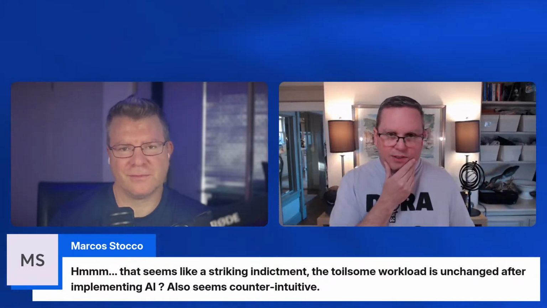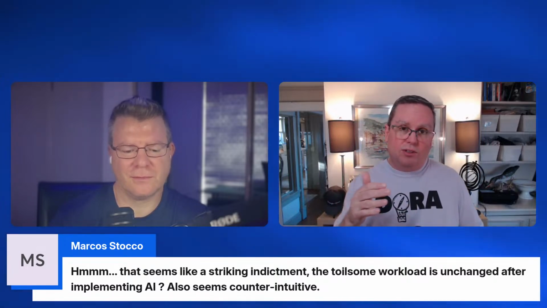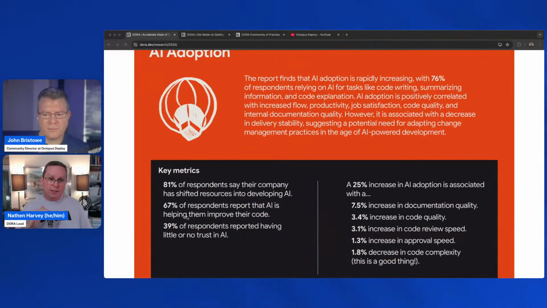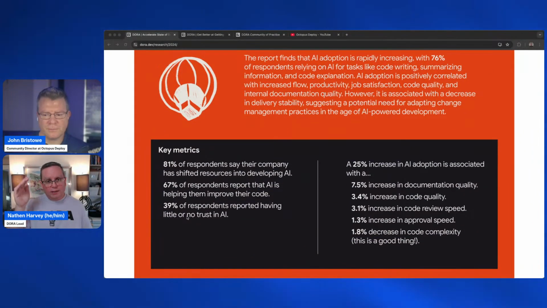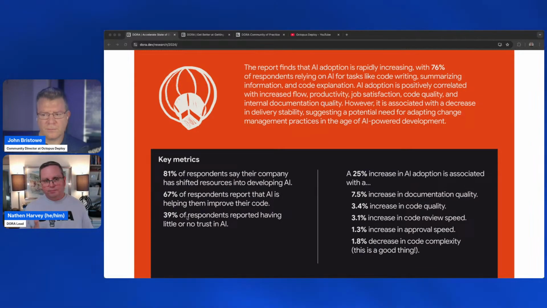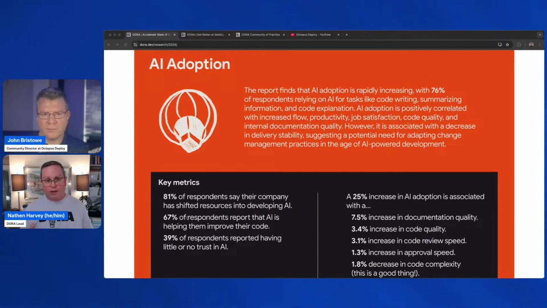In fact, speaking of society, one of the things that we looked at in our survey was we asked participants, how do they think AI is going, like what will the long-term effects of AI be? And not surprisingly, the most negative long-term effects that people are concerned about are things like the societal impact and the environmental impact of AI workloads. I think there's also a degree of mistrust, right? So trust in AI generated code, that always remains a challenge. And I think in your report it says that 39% of respondents expressed little to no trust. So I guess the question is how can teams build confidence in AI assisted development?